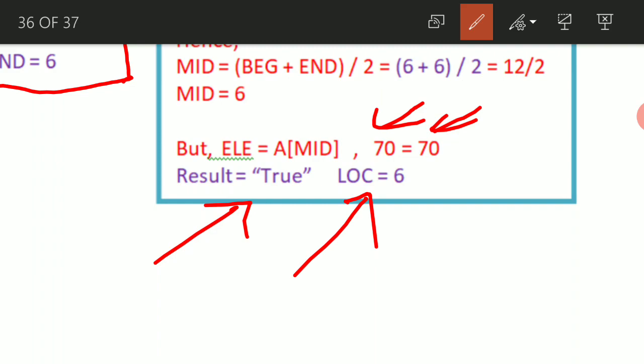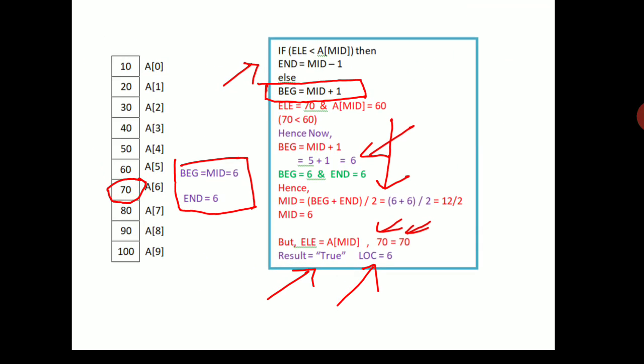As we are considering 0, its location is going to be 6, but actually we have to consider it as location plus 1, then its actual position is the 7th position. You may write it as location plus 1 also, but here I have taken only location.